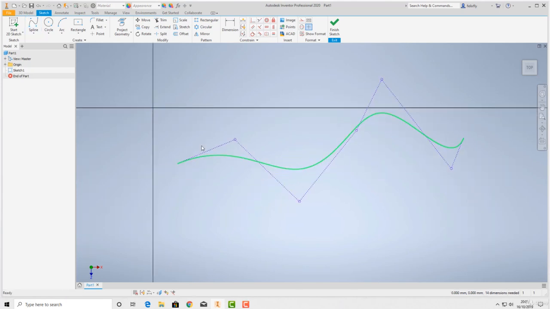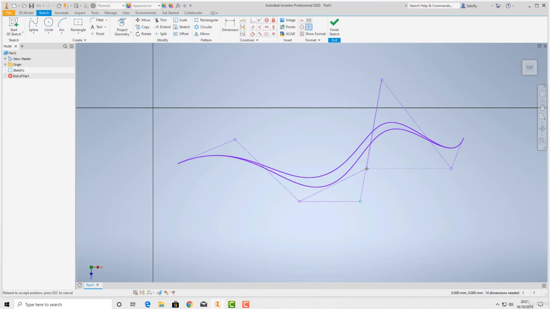Now you can see the points we clicked were these circles. This is where we clicked our mouse. The way it's drawn this spline is to interpolate between them and create a best fit curve between those points. Okay, and you can click on the points and drag them. Sometimes you do want that best fit curve. Other times you actually want the curve to be on the point you've actually clicked, in which case you choose